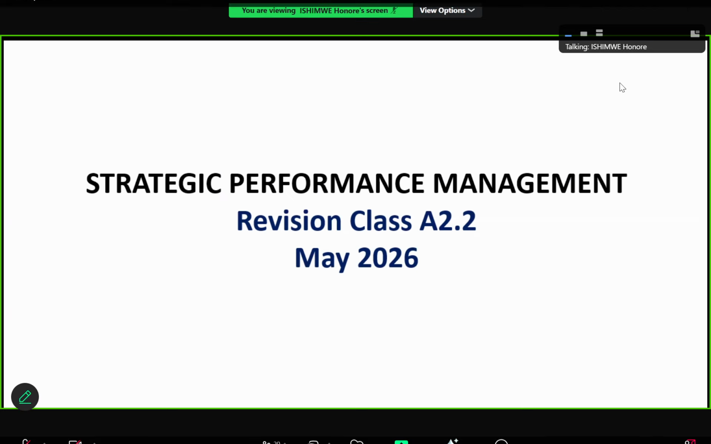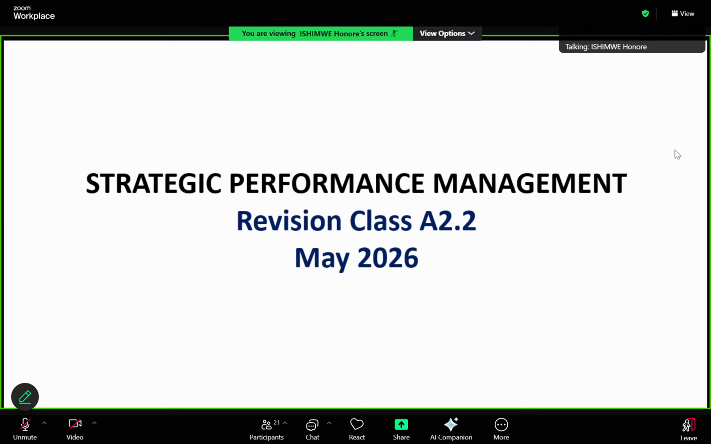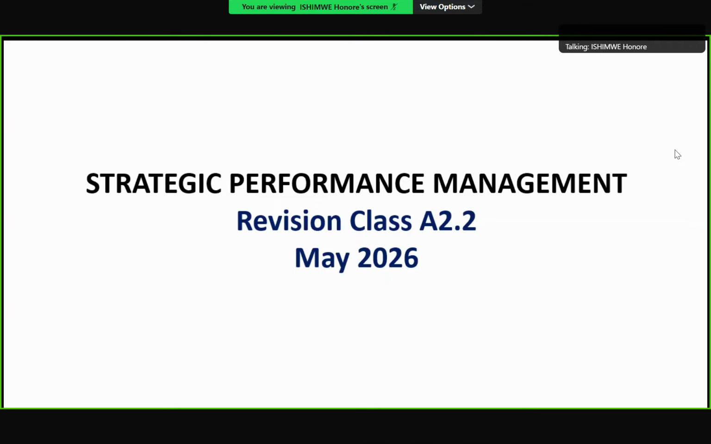This revision is designed not only to strengthen your technical understanding of this subject, but also to sharpen the analytical and professional skills required to pass this exam. Strategic performance management is highly practical and in accordance with the dynamic environment that we are operating in. That enables organizations to measure performance, to evaluate strategic decisions, to manage risk, and achieve long-term